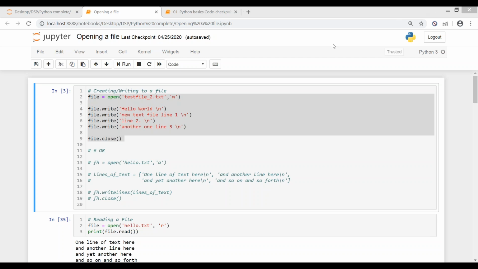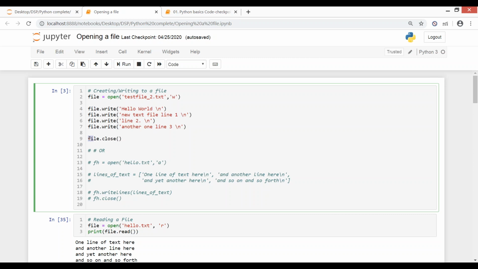Now see, what do we mean by name it anything? Yes, you can give any name here. It's not mandatory to give "file" here. You can give any name here, but whatever name you give here, you have to give that specific name here as well. If you are giving, let's say, ABC, then you have to say ABC dot write, ABC dot write, and then ABC dot close. It has to be the same everywhere.